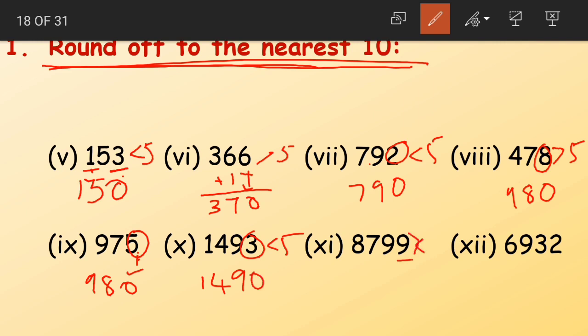Now we have 9 here. 9 is greater than 5. So we'll add 1 here. 879 becomes 880. And then we have 0 in the place of 9. 8800. Coming to the last question,